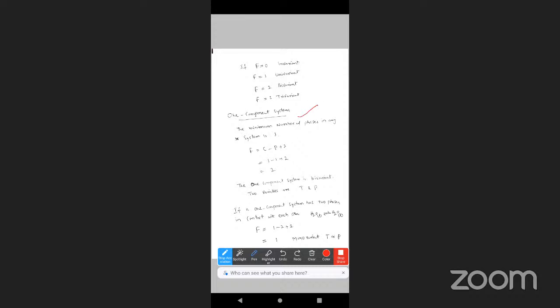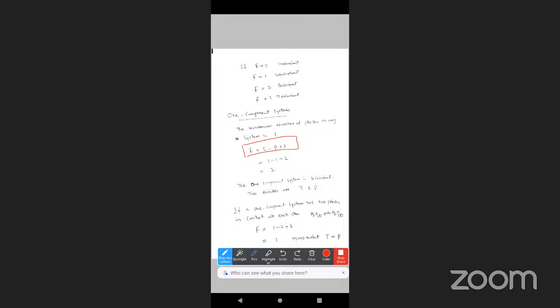For these systems, the minimum number of phases is 1. So according to the Gibbs phase rule, if we take C as 1, that is one component, and the phase is 1, then 1 minus 1 plus 2,